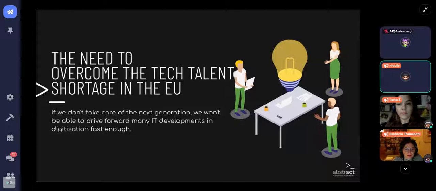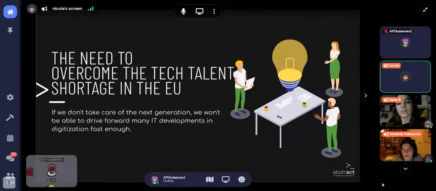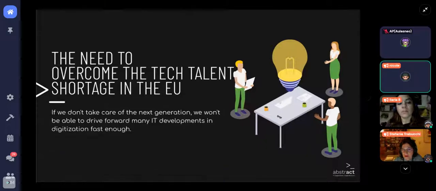Our idea then became concrete, and we applied for an Erasmus Plus program, the EU program for education, training, youth, and sports. And as Stefania mentioned before, in Europe, there are fewer and fewer people working in the IT sector. And this is becoming a major problem for every IT company. So if we don't take care of the next generation, we won't be able to drive forward many IT developments